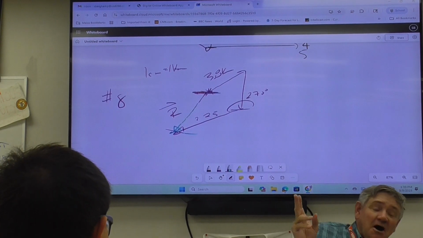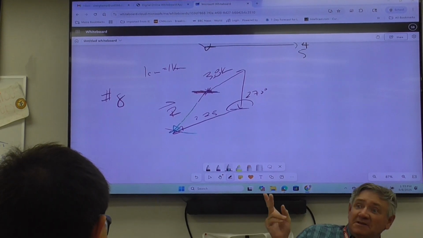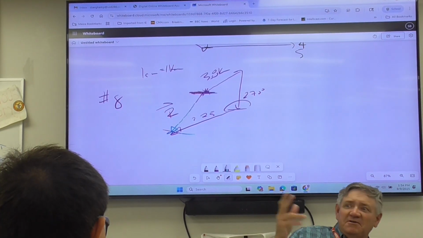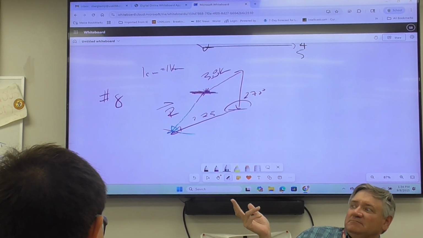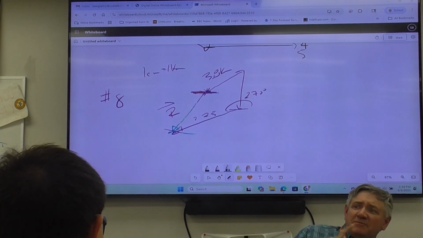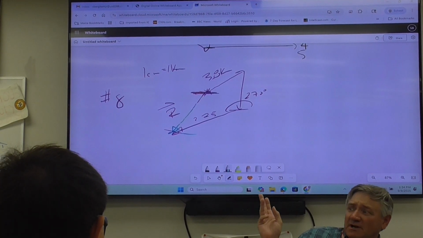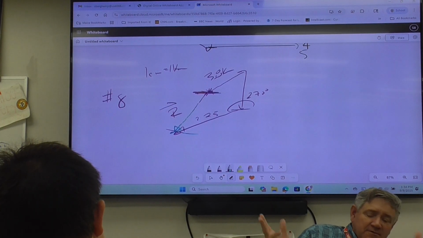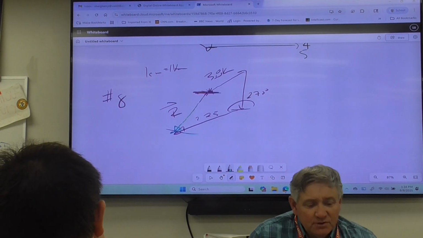If you see constant velocity, make the forces add up to equal zero. If you see the word accelerate, the forces don't add up to equal zero. That's all you have. If you remember that, you have about 80% of forces understood right there. Then you just have to figure out what kind of forces you're dealing with. Whatever you do,